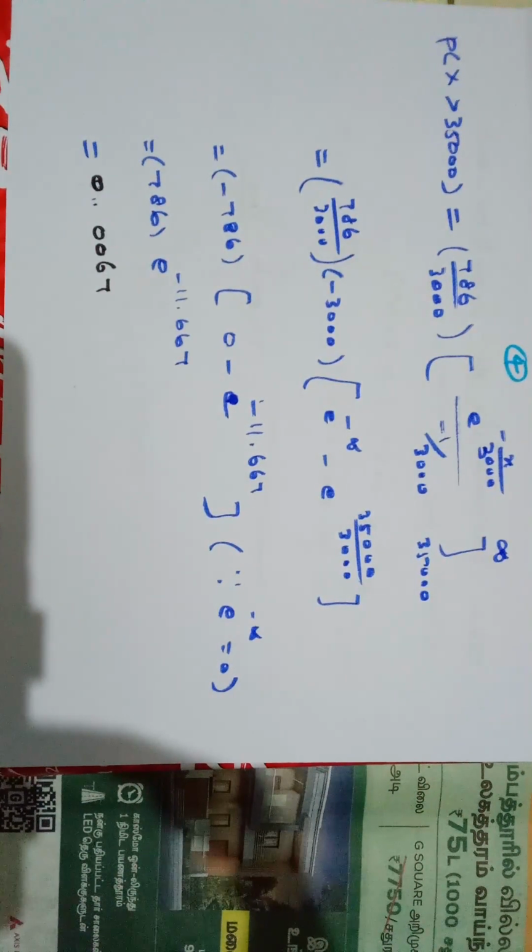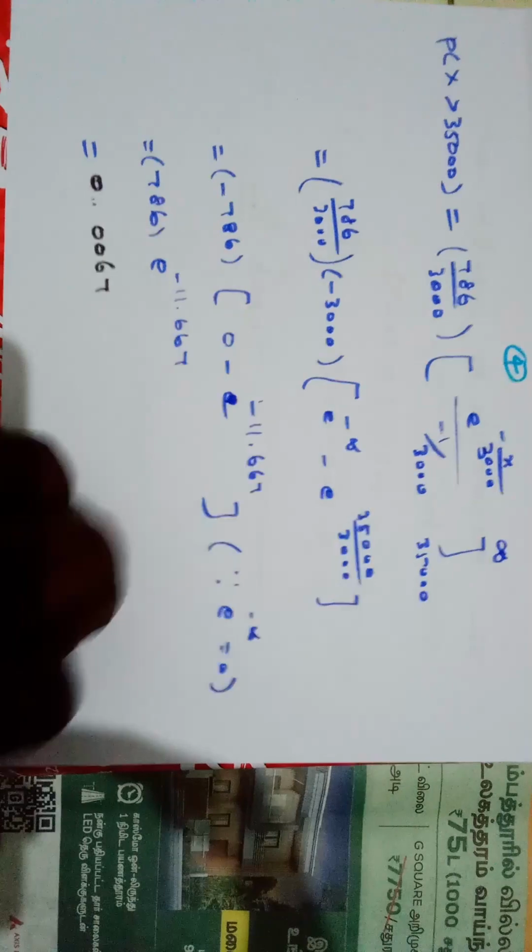How do we get minus 3000? See the denominator in the previous step, minus 1 by 3000. It goes to the numerator and becomes minus 3000, so take it outside. Then what about e power minus infinity? It becomes 0. And then 35,000 by 3000 is 11.667. So multiply 786 with e power minus 11.667,